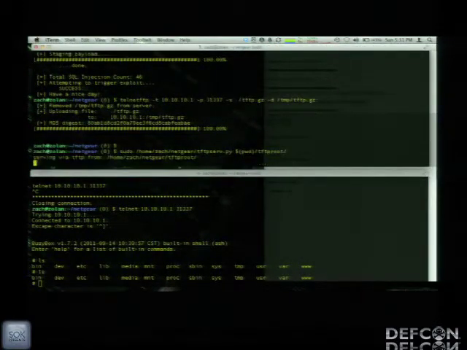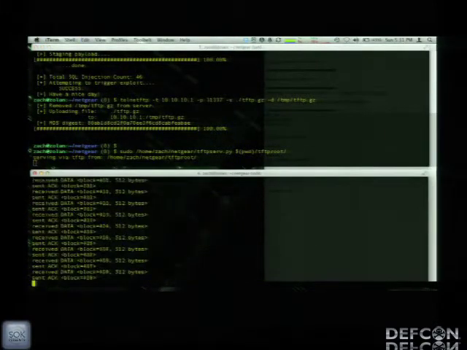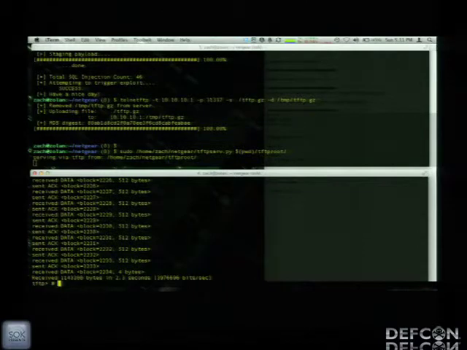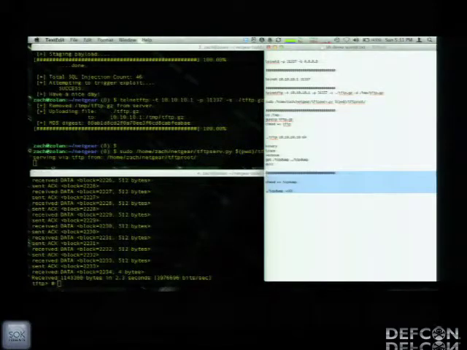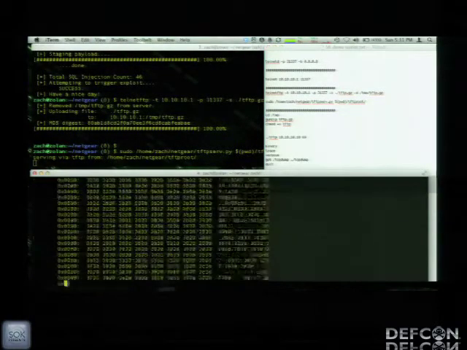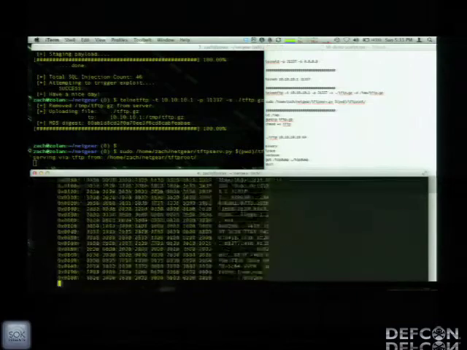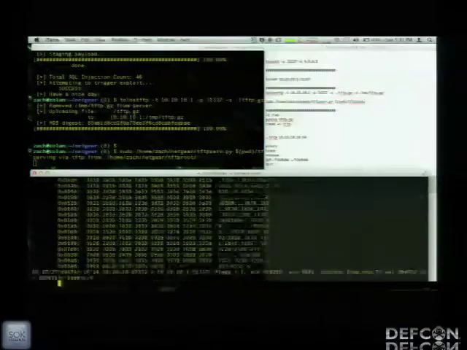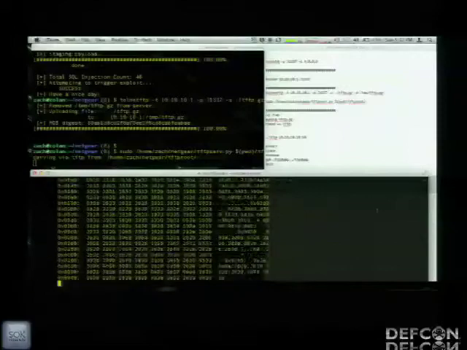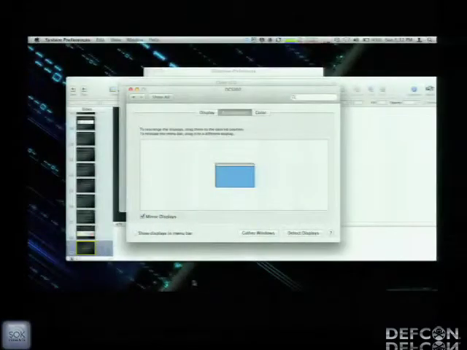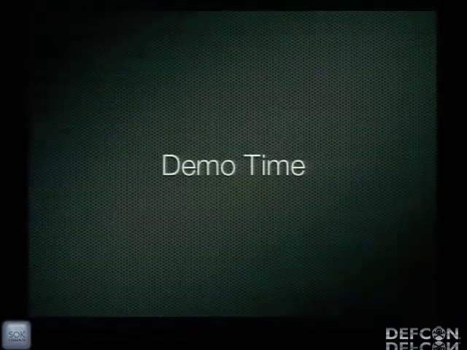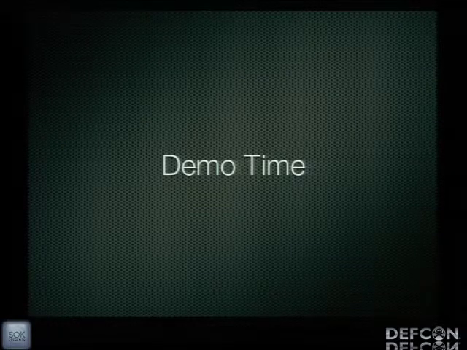Okay, so it's done transferring. We're now running the TFTP server, paste in the next commands, and we've now downloaded TCP dump and started up TCP dump. So there you go. We're now sniffing traffic that's coming across the router. Okay, so